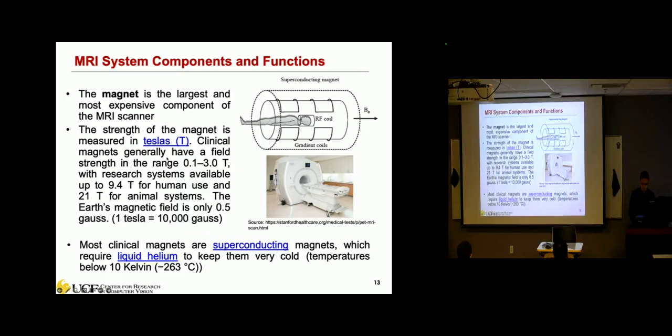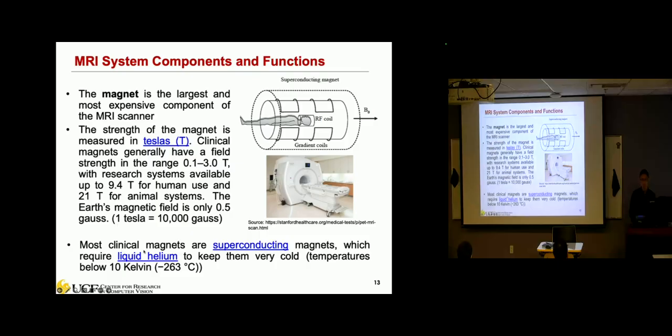The measure of the strength of a magnet is called Tesla. Typically, medical or clinical MRI scanners will have 0.1 T to 3 T. But for some MRI machines, because a stronger magnetic field allows you to generate higher-resolution images, for research purposes you may use a stronger magnetic field, up to 9 T or maybe even higher. For animal systems, we can go to 21 T.